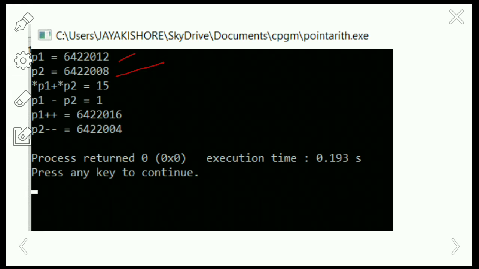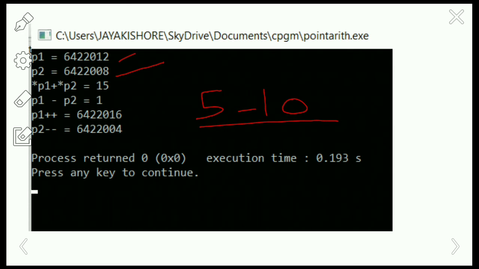this particular statement by the size of the pointer data type. If you are performing a subtraction operation, it will subtract the addresses of the two variables and divide it by the size of the pointer data type. So it is first going to perform the subtraction of these two, that is 5 minus 10, and then it is going to perform the division operation by the size of the pointer data type.